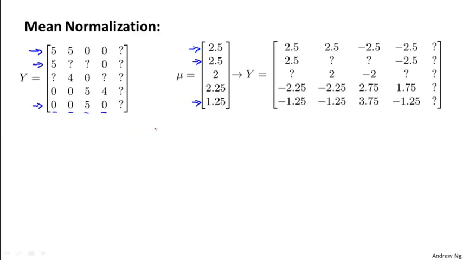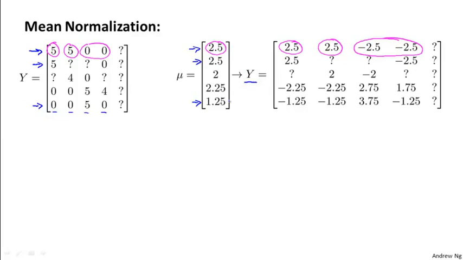So this first element 5, I'm going to subtract off a 2.5, and that gives me a 2.5. And the second element 5, subtract off a 2.5, get a 2.5. And then these zeros, subtract off 2.5, and we get minus 2.5, minus 2.5. In other words, what I'm going to do is take my matrix of movie ratings, take this Y matrix, and subtract from each row the average rating for that movie. So what I'm doing is I'm just normalizing each movie to have an